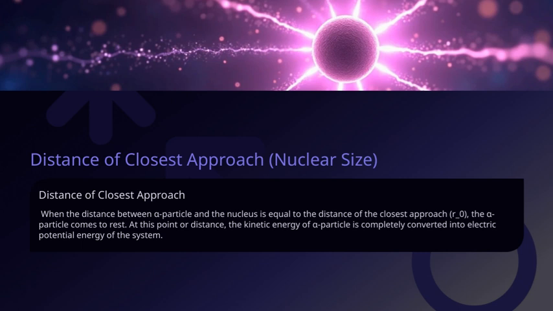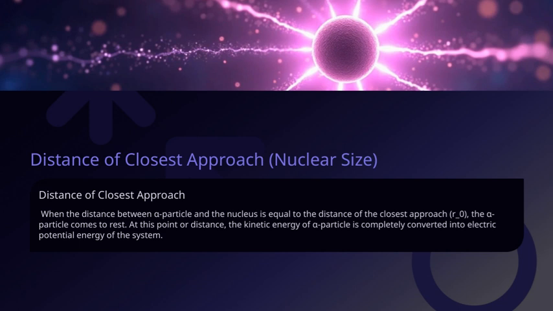to the distance of the closest approach, which we denote as R0, something interesting happens. At this specific point, the alpha particle essentially comes to a stop. This is because all of its initial kinetic energy has been transformed into electric potential energy of the system. This concept is crucial because it highlights the interplay between energy forms, kinetic energy converting into potential energy during the